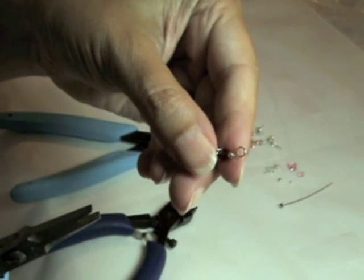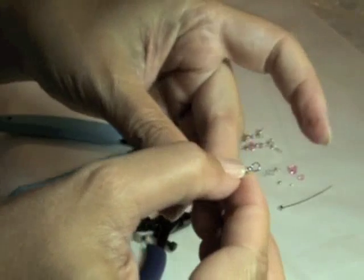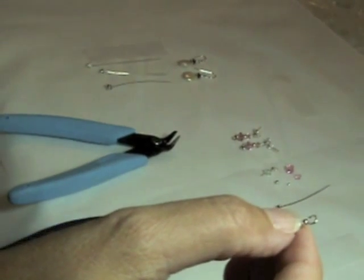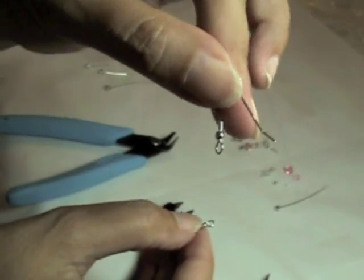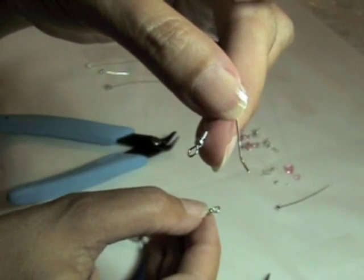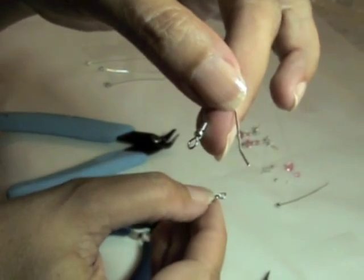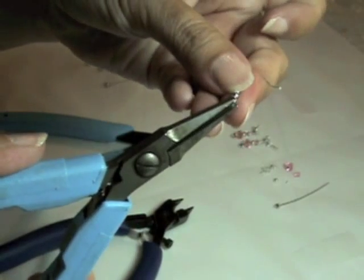Okay, so I have finished that loop, and now what I'm going to do is get my finding, and I'm going to use a finding like this. I believe I got this at Fire Mountain Gems. You can get these kinds of fancy findings at craft stores or online or at bead shows. And what I'm going to do now is just open that up